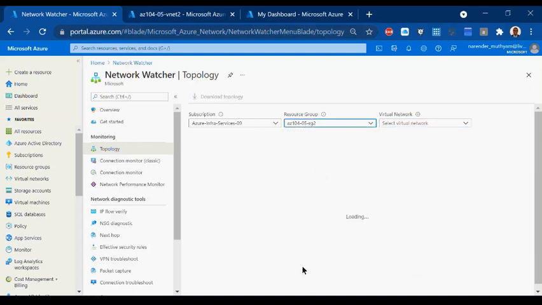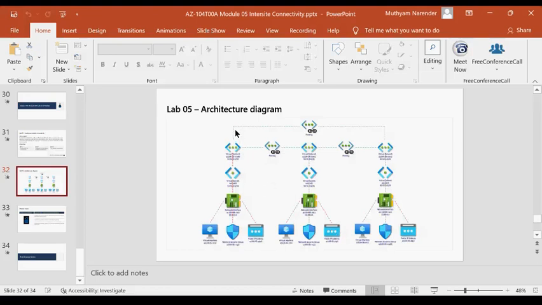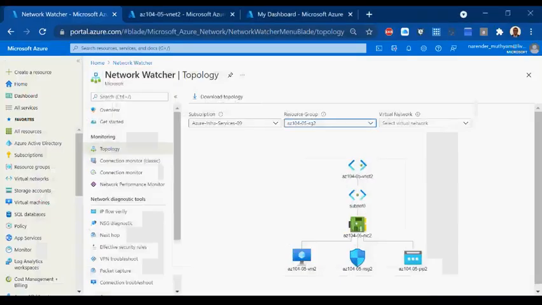Same way VM2. So likewise, this way you can get the topology, whatever you have built. And same thing, you can put it here and add your dotted lines with the VNet peering sign. That becomes your peering architecture automatically. All right, so that's how the peering works here.